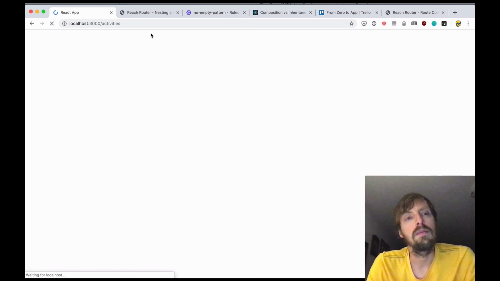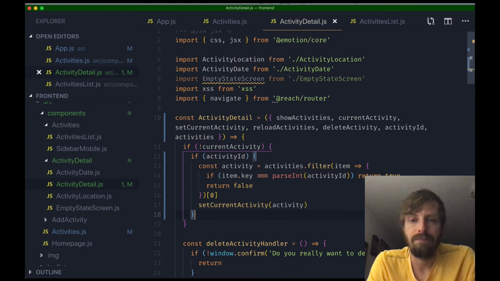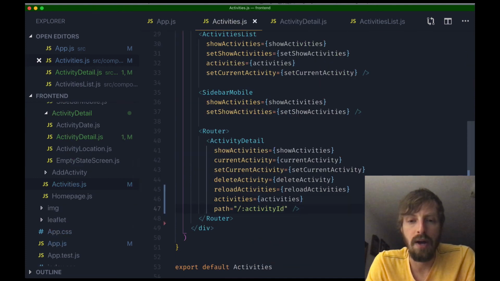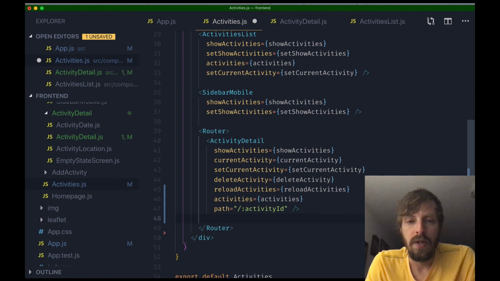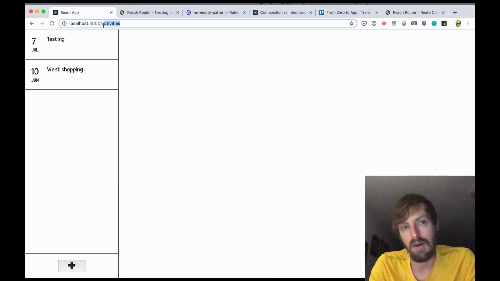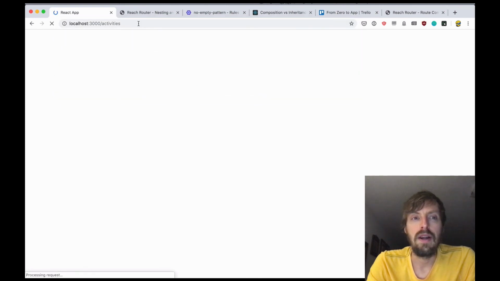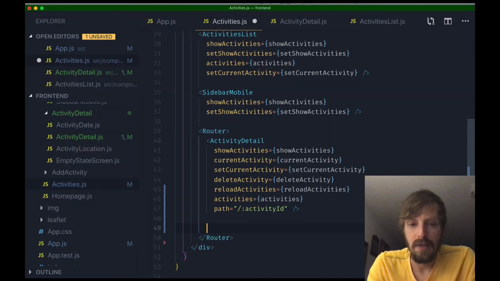So we don't get alert because of the empty state screen. So now, thanks to the router, we only get the activity detail if we have something after the activities route here. So we have a number, and right now nothing happens, nothing appears, because